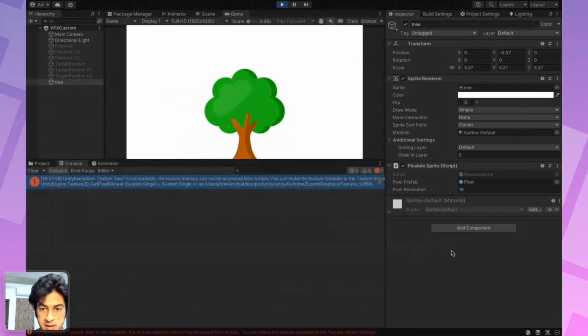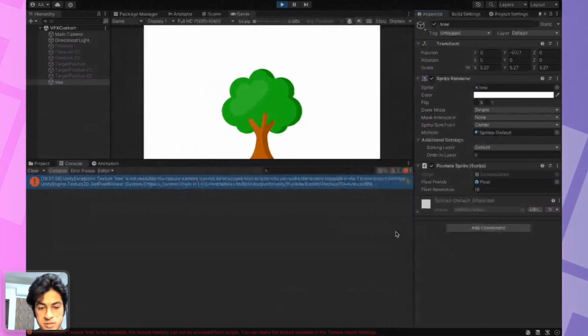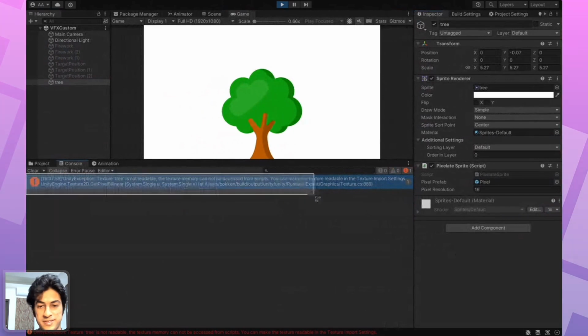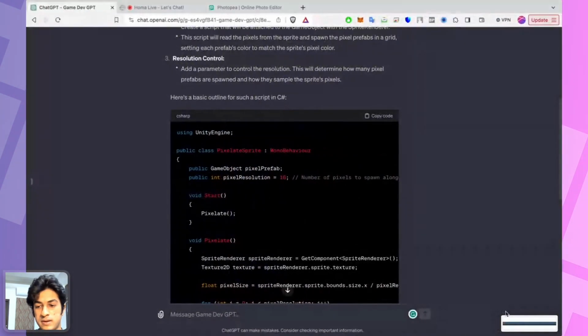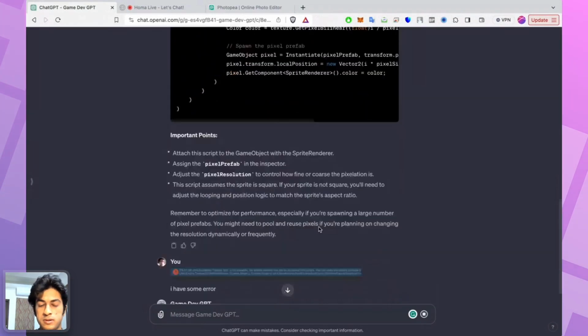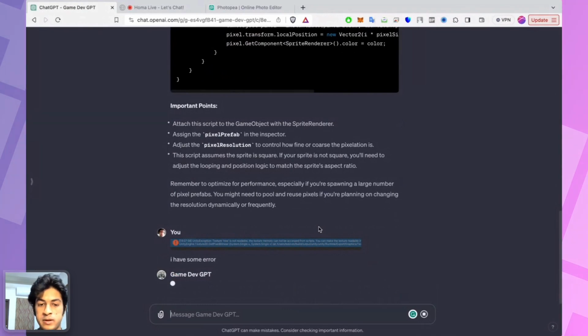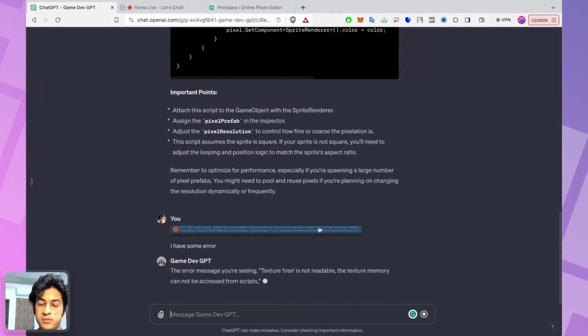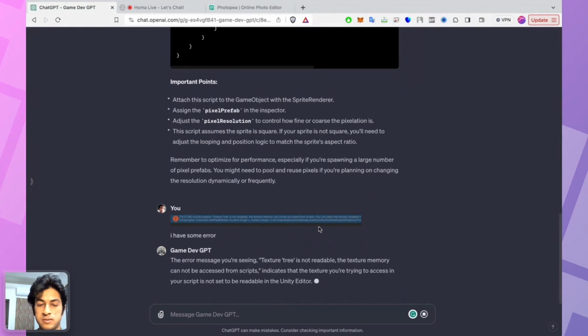I can solve this error, but let's see how GPT does it, just for fun. I copied the error and pasted it here. I did a whole lot of debugging in part 1 of the episode, so you can go back to see how it is done.